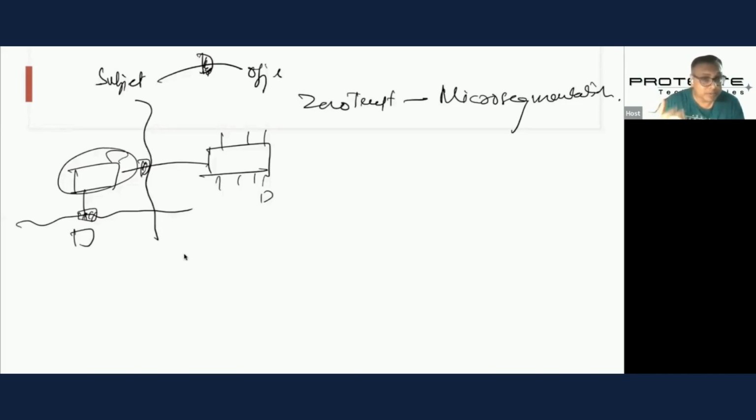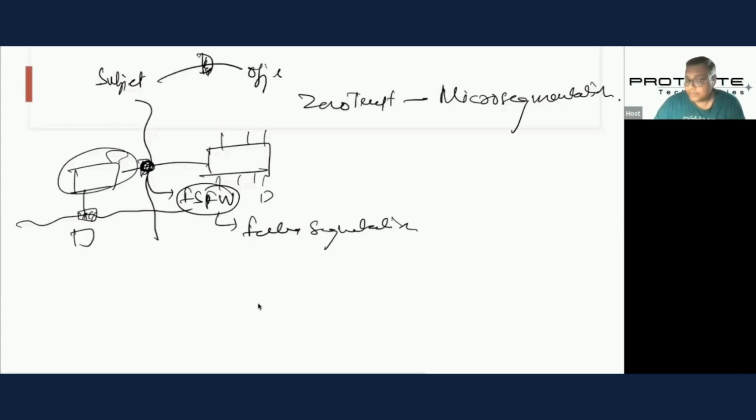Micro-segmentation, you have to deploy certain devices which can segment your network, segment your applications. Such an approach is called micro-segmentation, and the devices which are used to achieve micro-segmentation are called inter-segmentation firewalls. Inter-segmentation is where you deploy firewalls to create a segment within a trusted network. Such segmentation is called zero trust networking.